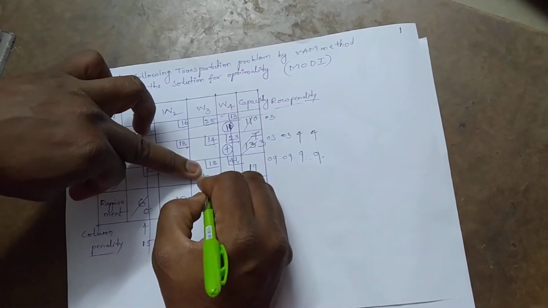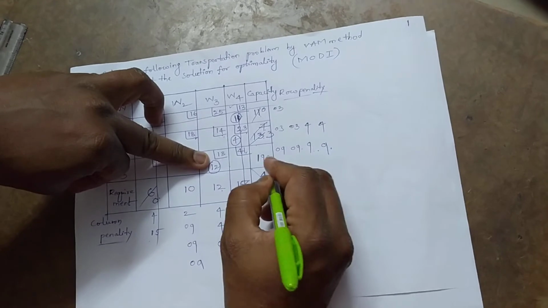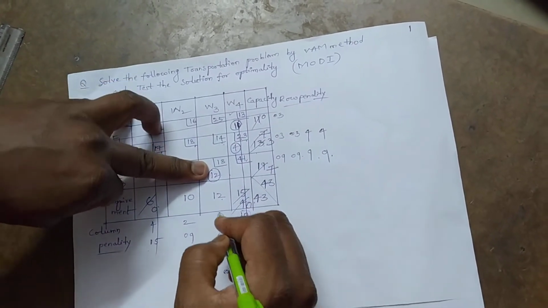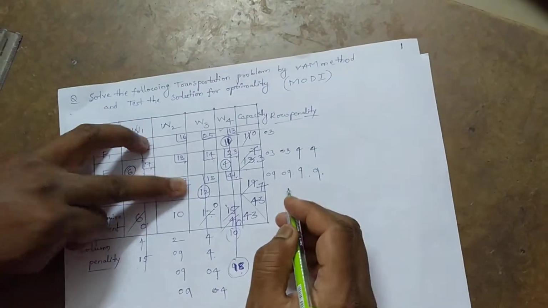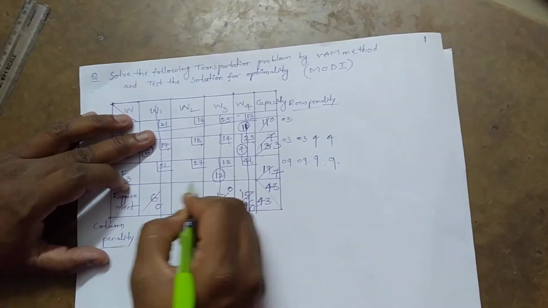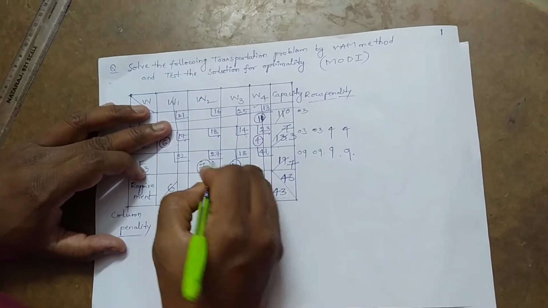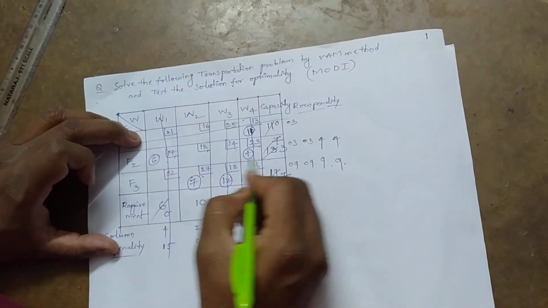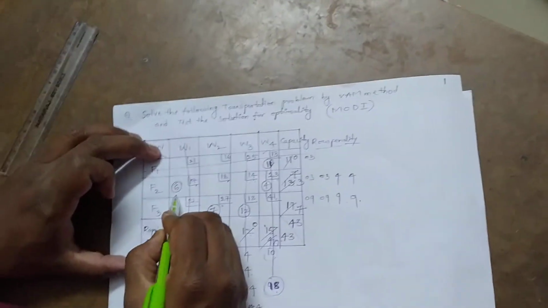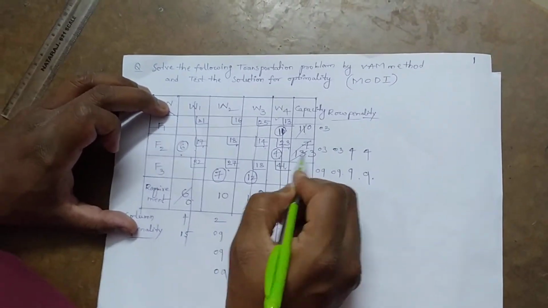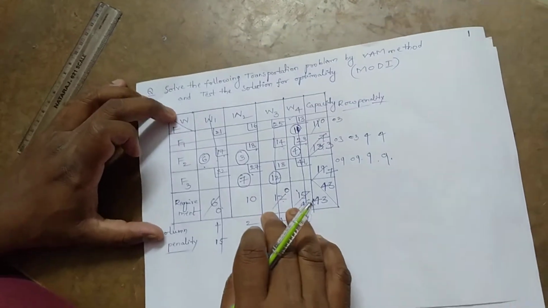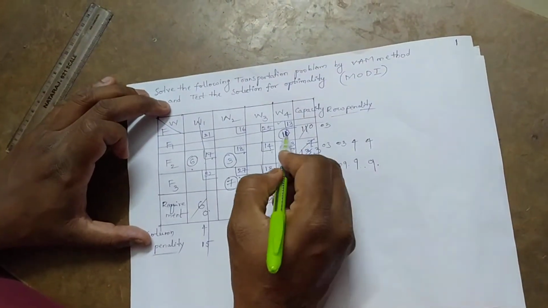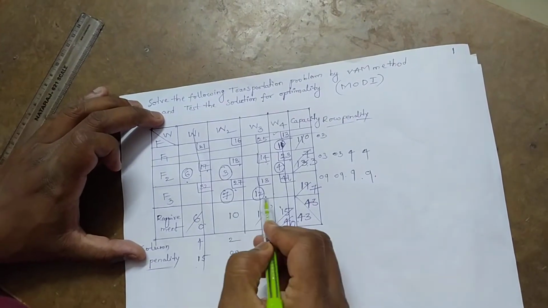I am going to allocate 12 quantity, and this will be left with 7, and this particular column will be exhausted, 0. And next, in this particular row only 7 is left, one column is left. In this particular row already 6 is allocated and 4 is allocated, 3 is left. So for this particular cell I can allocate 3. So now let us see how many cells are allocated: 1, 2, 3, 4, 5, 6.